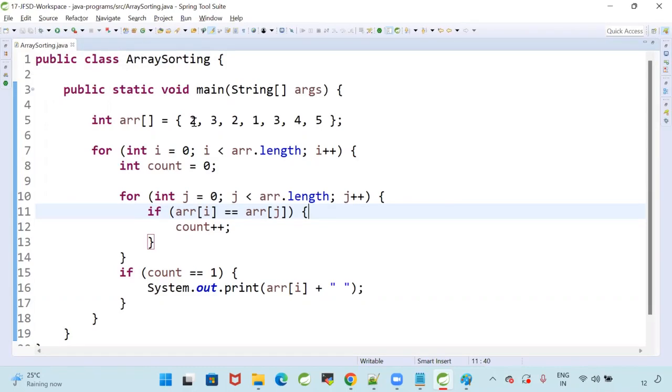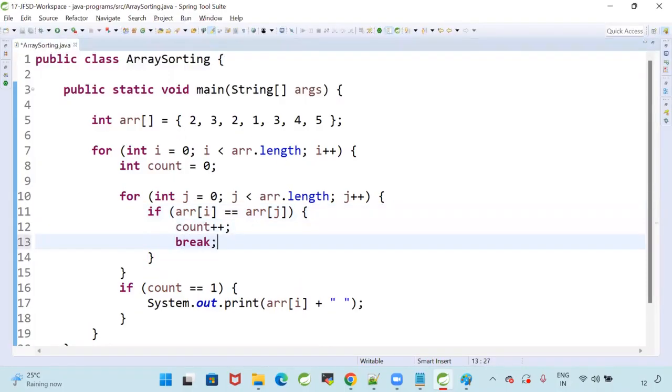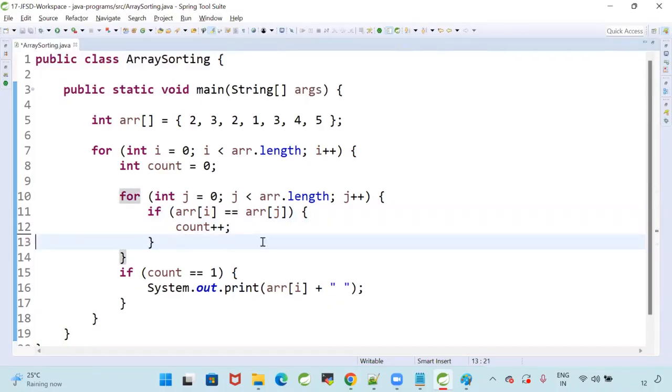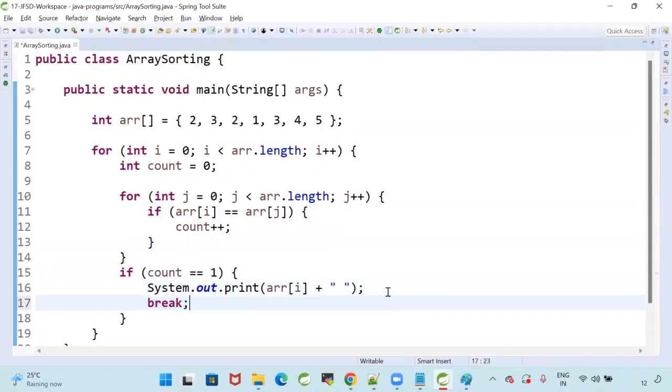Where? Count के बाद ब्रेक, इसमें ब्रेक, हाँ